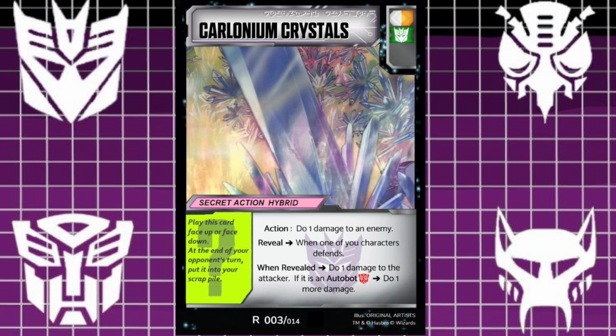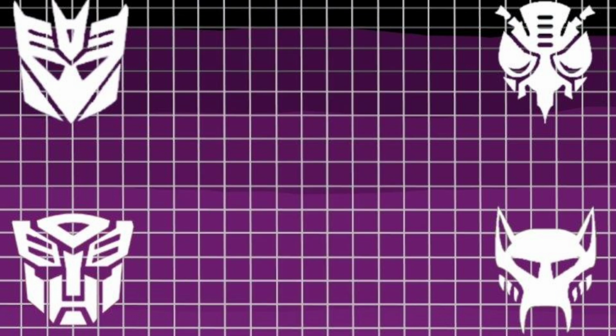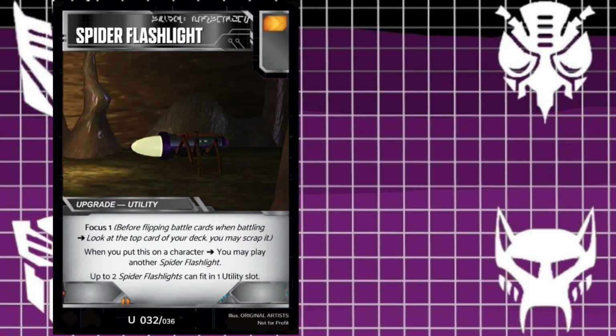And it is a rare card for being able to actually hit non-attack damage 2 on the secret action side of things. We're kind of leading up to something here. Spider Flashlight, Orange Pip utility. It gives focus 1. Before flipping battle cards when battling, look at the top of your deck. You may scrap it. Ew,